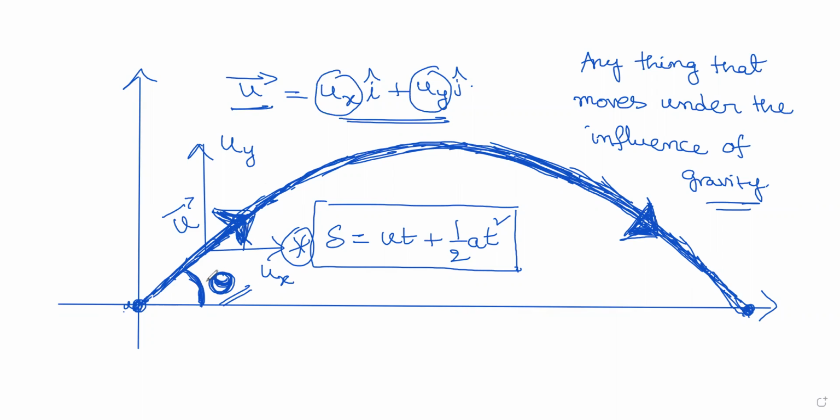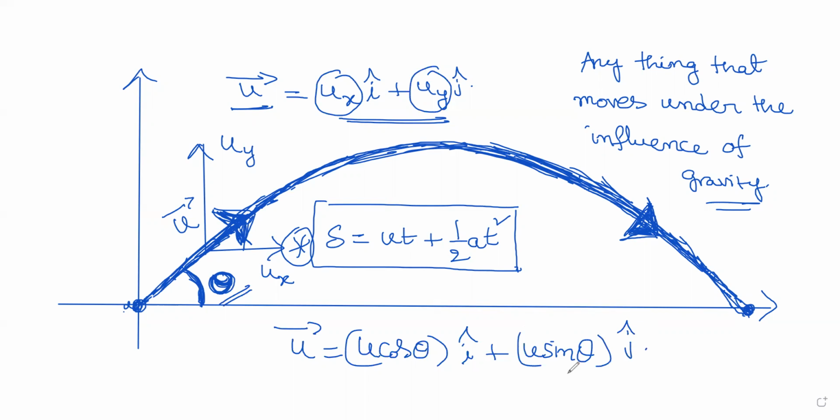Theta is the angle of projection, and you can resolve this into components. U bar can be written as u cos theta i cap plus u sin theta j cap. I hope you know how to resolve the components. I have discussed different cases of resolving components in the vectors videos, so please go through that video. This is the angle theta. The line which is attached to theta will be cosine, so ux is equal to u cos theta. And the line which is away from theta, that is uy, is equal to u sin theta. This is how you can resolve into components. First, resolving the components is done.